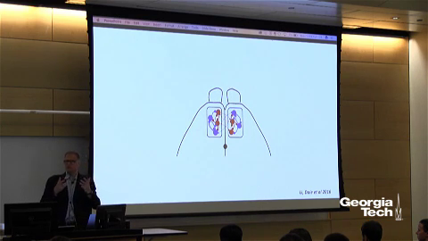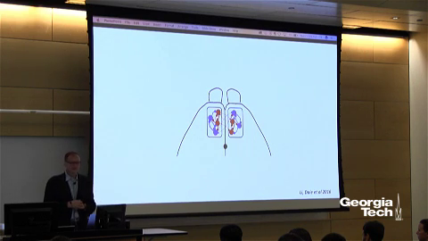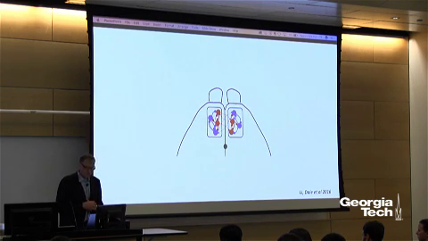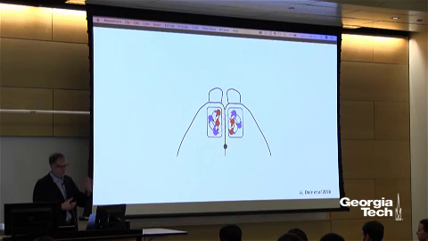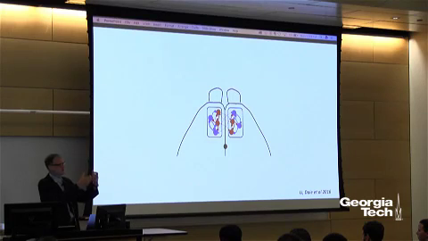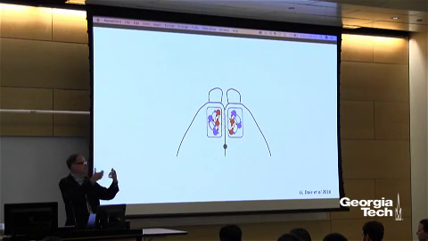And we refer to these as modules because each module can maintain preparatory activity independently when the other module is perturbed. Okay, so modularity because each module can maintain preparatory activity independently, and redundancy because preparatory activity is distributed across